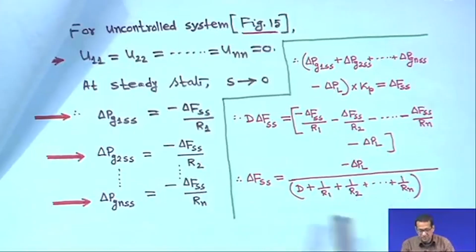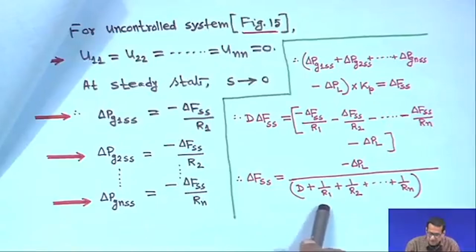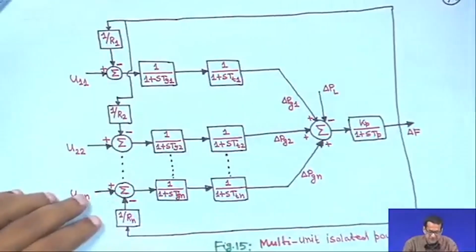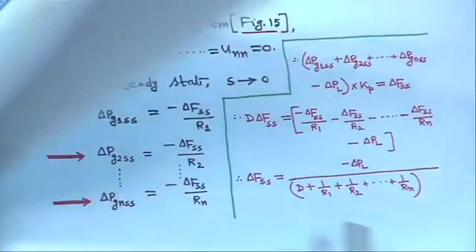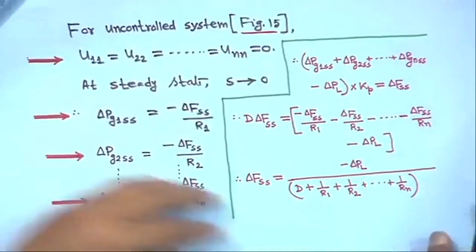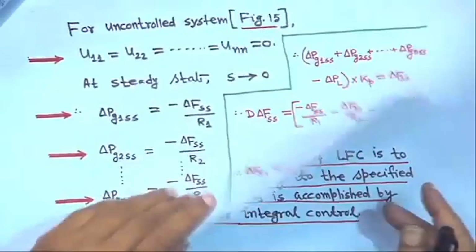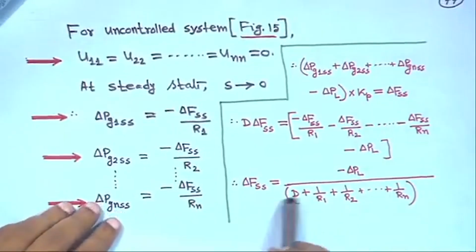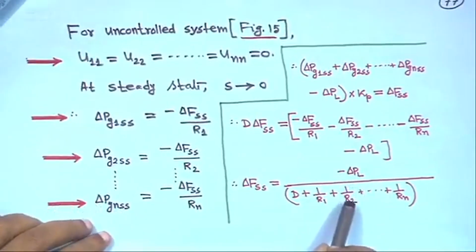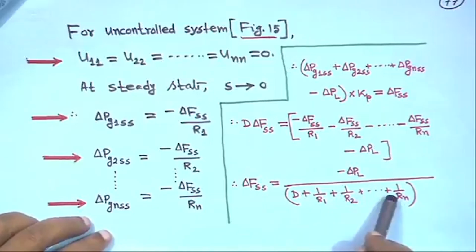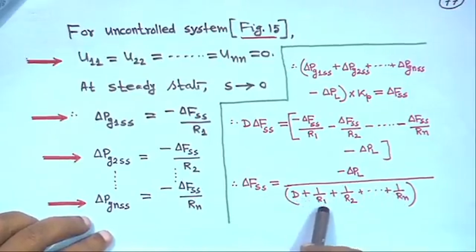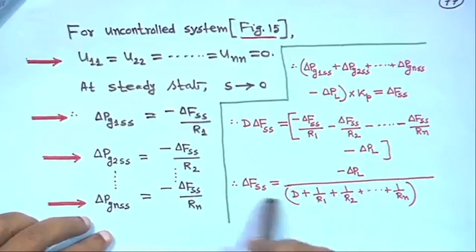So this is the steady state, if it is a composite system, I mean so many units are there. So this is the expression for the steady state error. I will come to that. This is the same as before. If you have only one unit, then the 1 upon R2 to 1 upon Rn terms will not exist. It should have become D plus 1 upon R, minus delta PL,